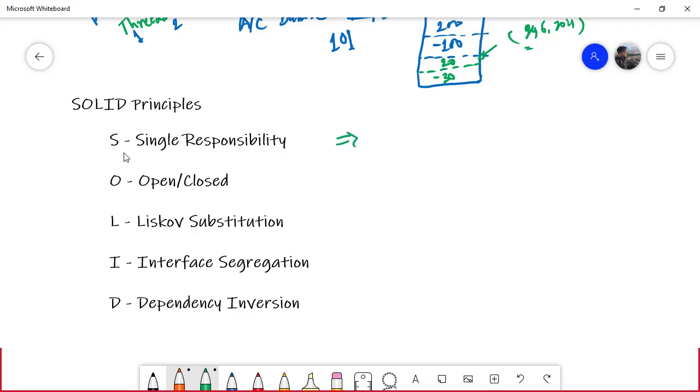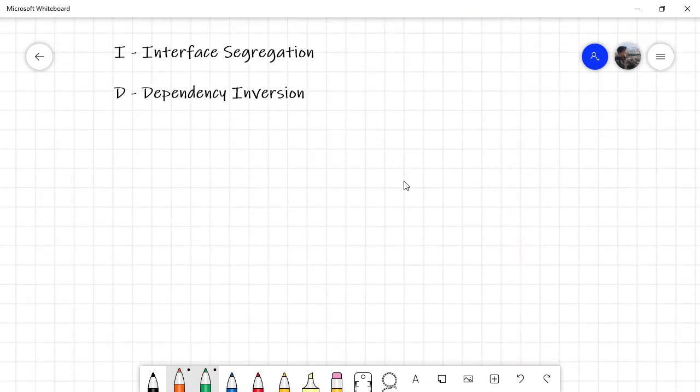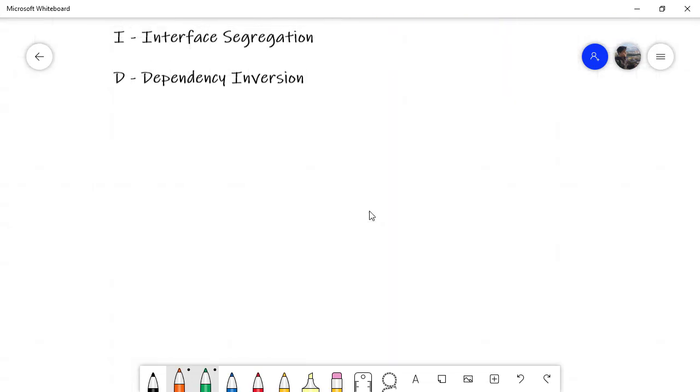So single responsibility actually means that one class should have only one reason to change. What it actually means is, as we are building an application, say for a bank, we will have to identify those classes in such a way that one class is doing only one activity. So account should only do account related activities, statement should only do statement related activities, probably transaction should only do